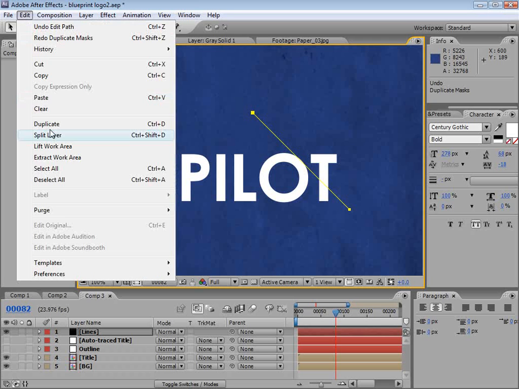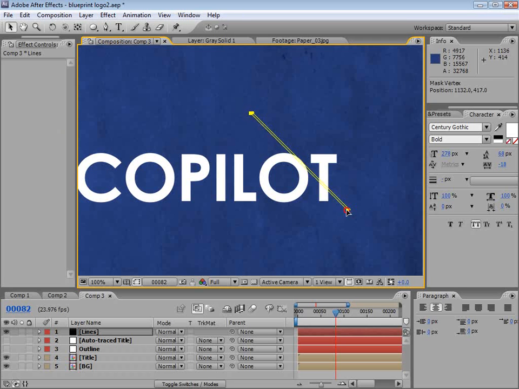And then hit Edit, Duplicate. And then if we move it, now we have 2. And then we can move these points around. So if I click on this point, I could drag it so that it's a bit longer so that they're not all the same. But I also start losing my perfect, parallel line. So if you hold down Shift, it'll allow you to create a perfect line that's going to stay at that 45-degree angle. So then again, we'll go ahead, hold down Shift, we'll duplicate it, slide it over, duplicate, and we're